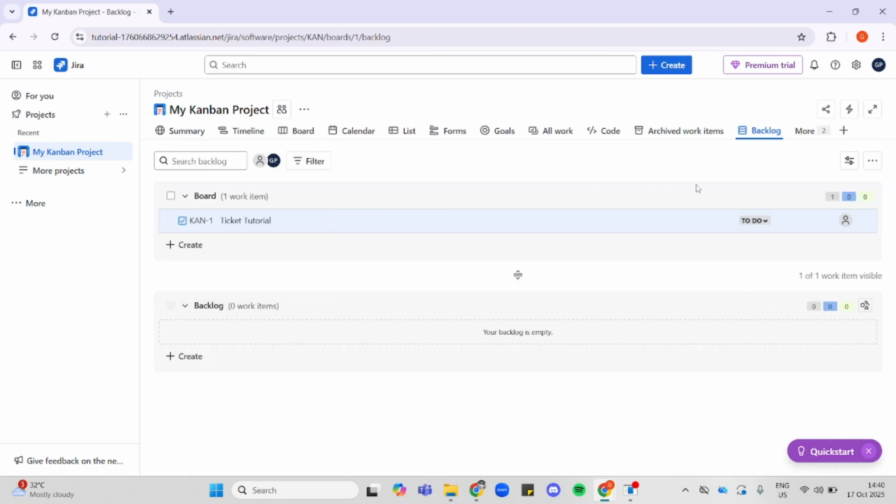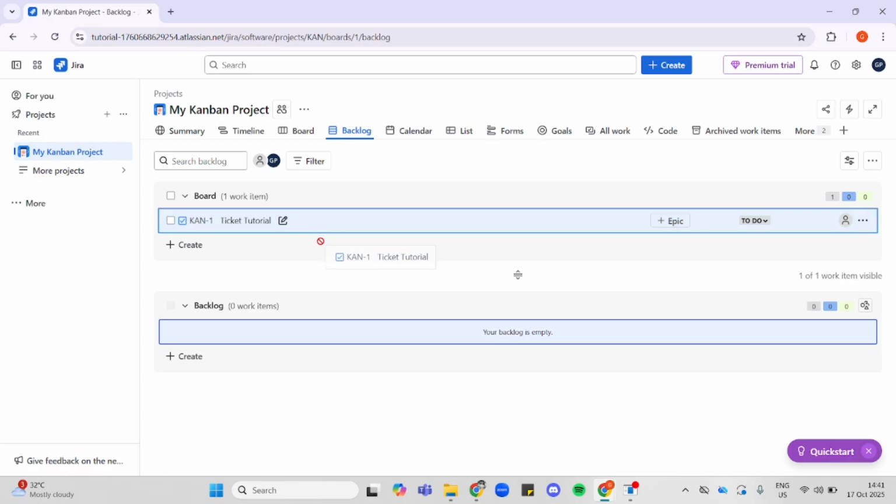After that, you now have your Backlog tab in your navigation menu. If you want to move it around, you can hold down your left mouse button and move it to your desired place. Now, click on this Backlog tab, and in here, hold down once again your left mouse button on